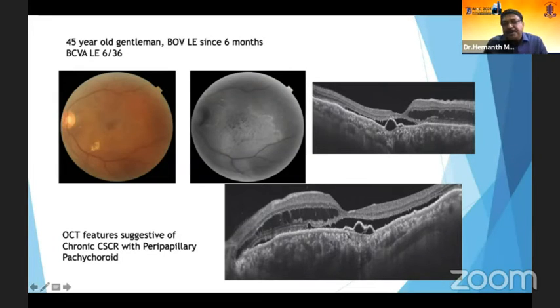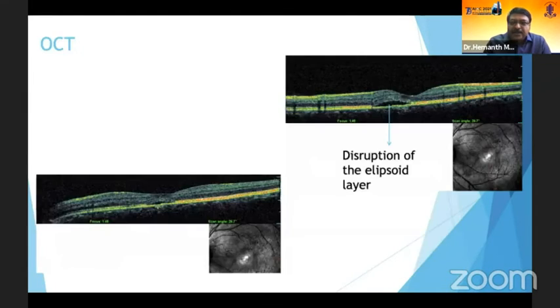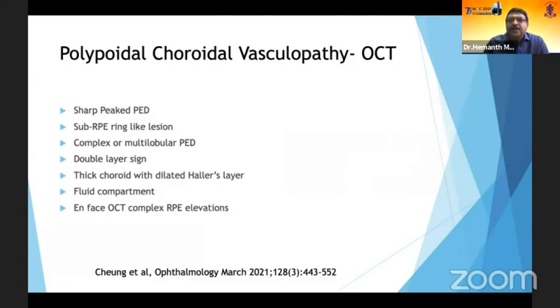So the pachychoroid spectrum would also produce the epitheliopathy, which causes CSR picture. So there are other factors that come in pachychoroid, but here one would see that this is only due to CSR. As it becomes chronic, you would also see ellipsoid zone loss. That would mean that there is a chronic CSR. One should be aware that the vision prognosis is not good. Due to shortage of time, because I had to connect, I think I'll just run through PCV.